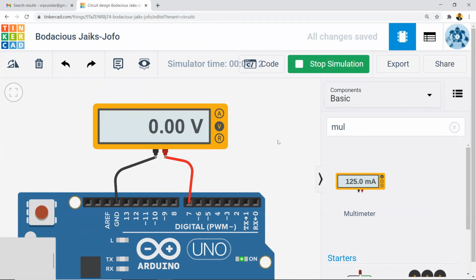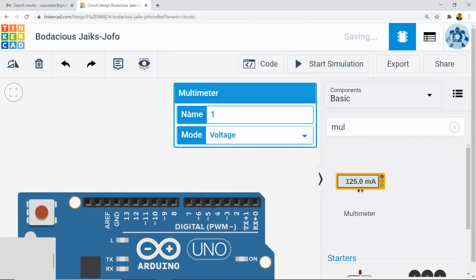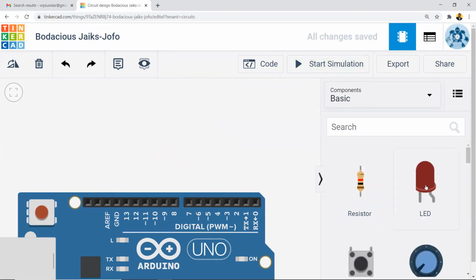So when the output is at 5 volt, it will drive the necessary current for the load. So if you happen to connect a light emitting diode, the light emitting diode goes on. When the output voltage is 0 volt, it puts off the load where the light emitting diode goes off. Now let us validate the same thing by connecting a light emitting diode. So let me delete this multimeter and I take a light emitting diode.